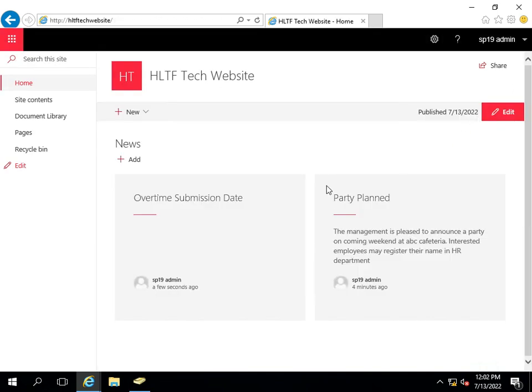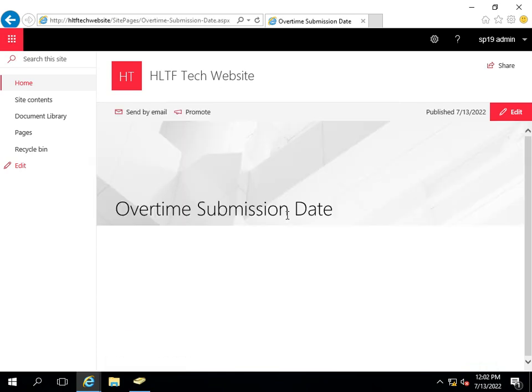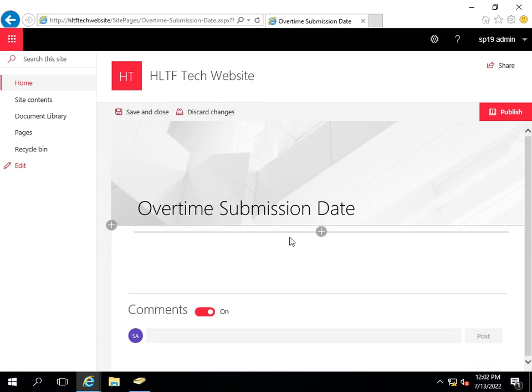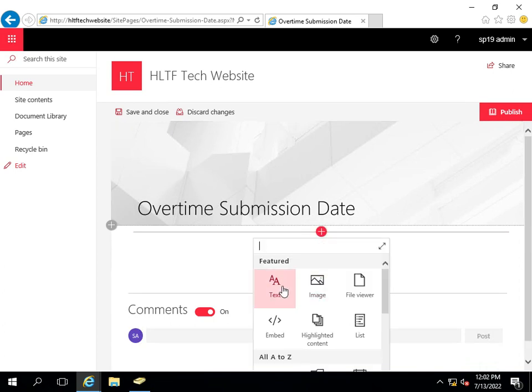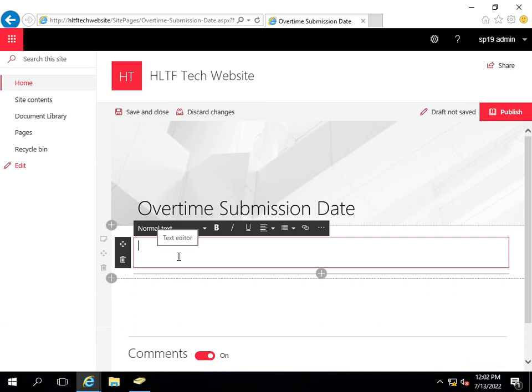So this is published. I'm going to click, and here I'm going to edit it. By default, whenever you create a new news, a page is created. I will show you where these pages are saved. After that, I'm going to, typing mistake, it is informed that the